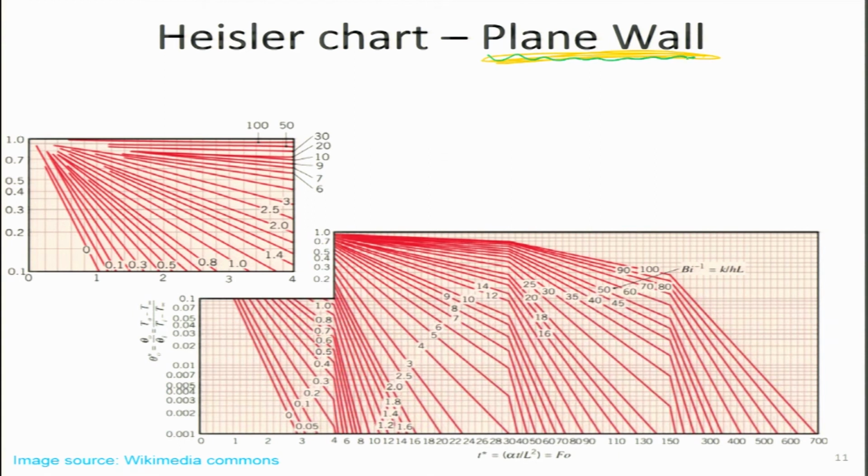So, the Heisler chart also presents the same information, like you can see on the y axis over here. Though the orientation is a little bit rotated, if you see it in a tilted way, you can see that this is giving us the non-dimensionalized temperature theta. So, this is essentially theta as a function of x and tau, and that tau, the Fourier number, is given on the x axis over here, and this whole plot is at a lot of different values of Biot number. Instead of Biot number, the Heisler chart is plotted for the inverse of Biot number, which is kind of the same thing.